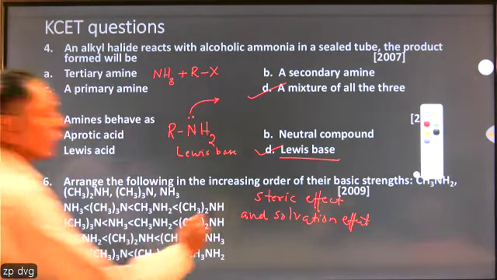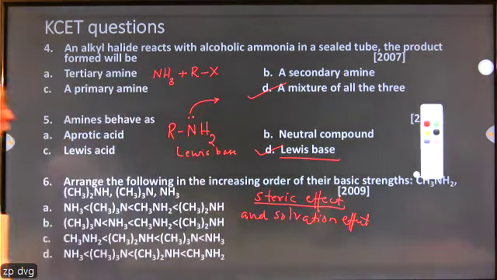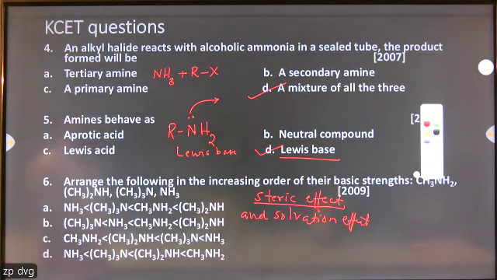So because of this steric effect, because of this steric hindrance, the tertiary amines are less basic than the primary amines. So the correct order of the basic strength will be